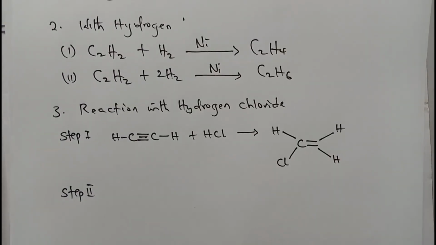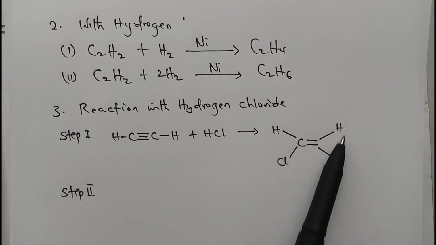If we have hydrogen chloride added to this, first of all, it gives us 1-chloroethene. But the more hydrogen chloride is added to this, we will have the hydrogen attacking this hydrogen side and the chlorine here. If you compare it with what we have in the previous work, we were supposed to have 1,2-di, but here we are only going to have 1,1 because the chlorine will be attacking the carbon that has less hydrogen,